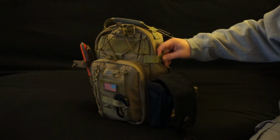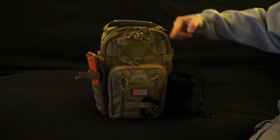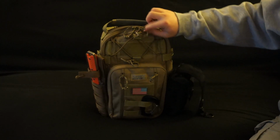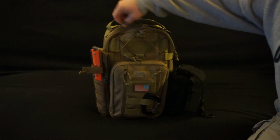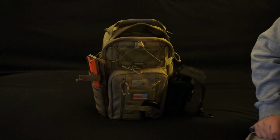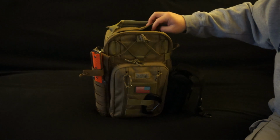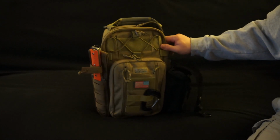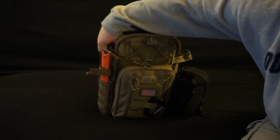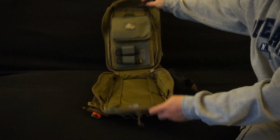Now you have these pieces of strap that button on either side at about the 3/4 mark, or about the 2/3 mark up on the zipper track. And what that's going to do is prevent your zippers from going down any further than that. So it just allows you to get into the top of the bag and stuff it from the top. Or you could undo those buttons, and then that frees up your zipper to go the entire length of the track, and the bag opens up totally clamshell once again,